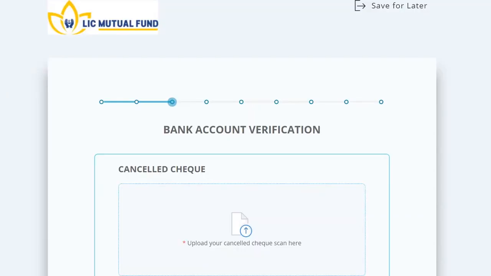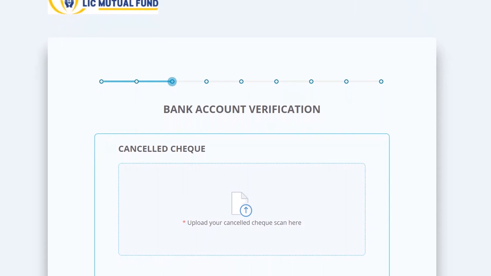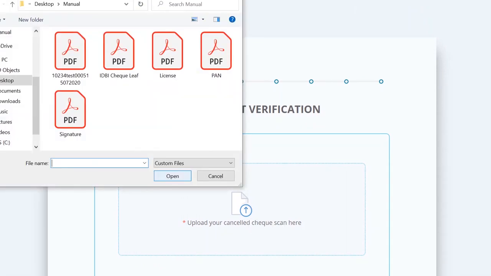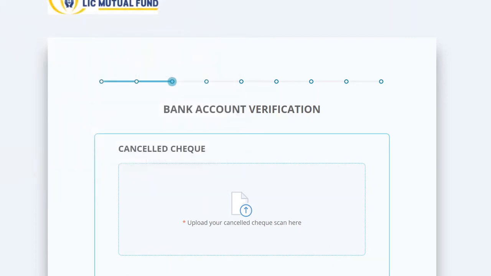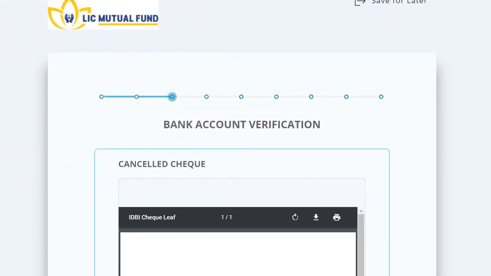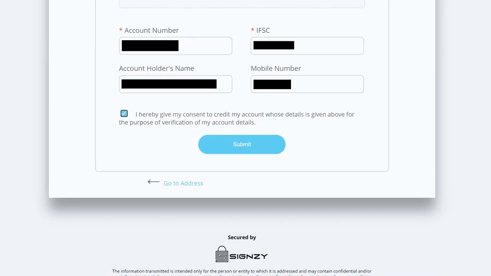Now the next is bank account verification. In this, investor has to upload the cancelled cheque copy or cheque copy of the bank. So select the file and open. So once investor uploads the cheque leaf, system will fetch account number, IFSC code, account holder's name, mobile number automatically from the database.